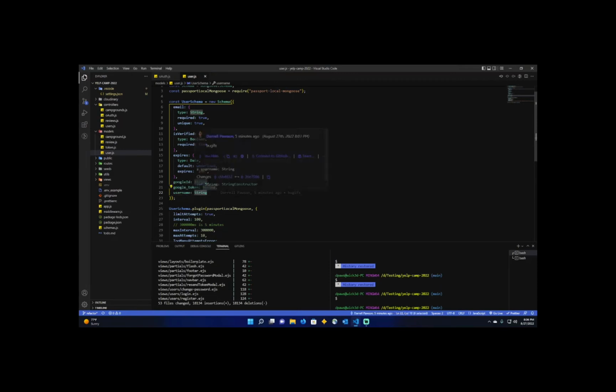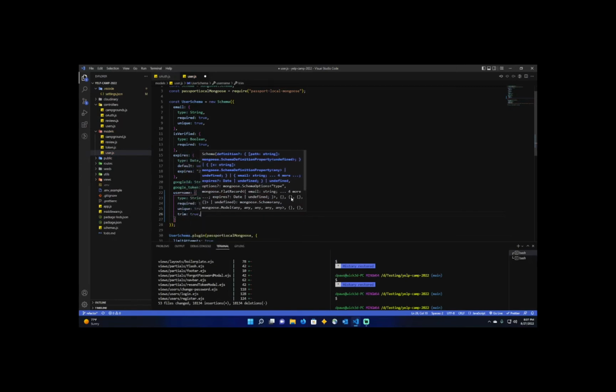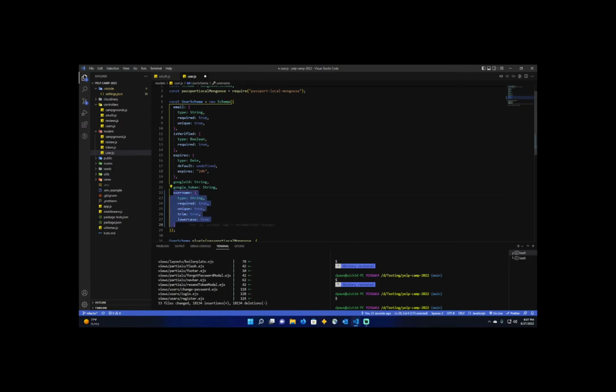So we could, just for the fact to keep it as true to passport local, do type string, required true, unique is true, trim true, lowercase. Username will be set like this, but Google ID and Google token are just going to be strings. And then I'll save this, and then in oAuth,